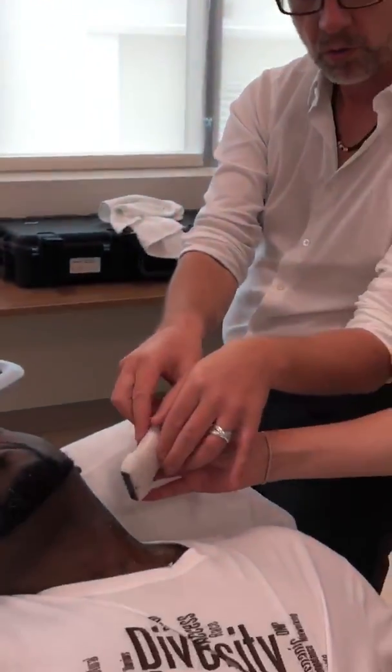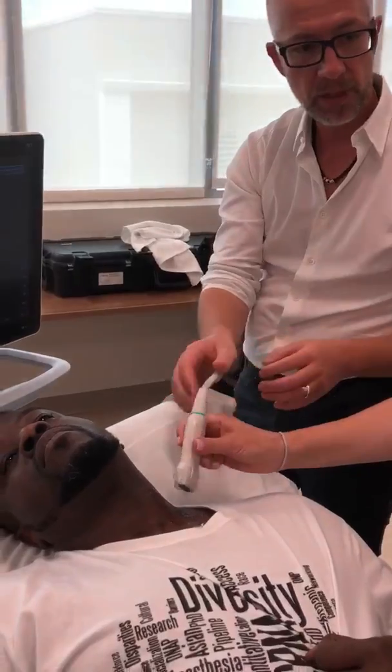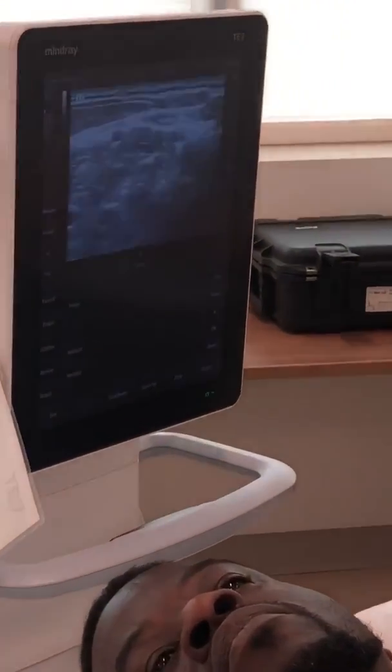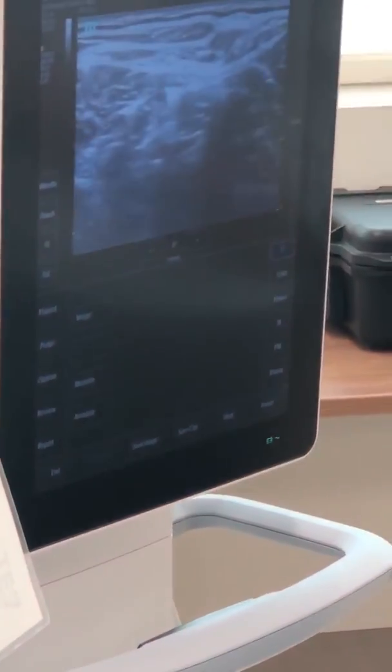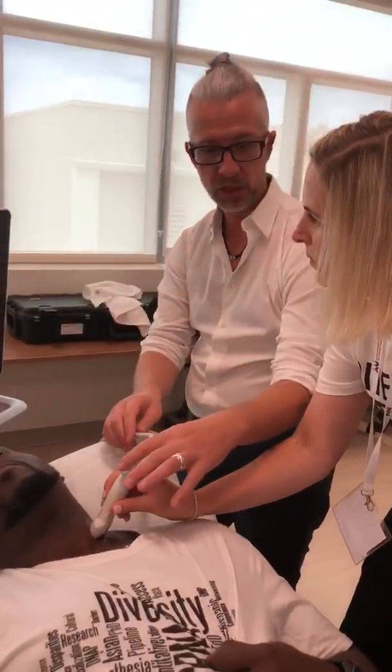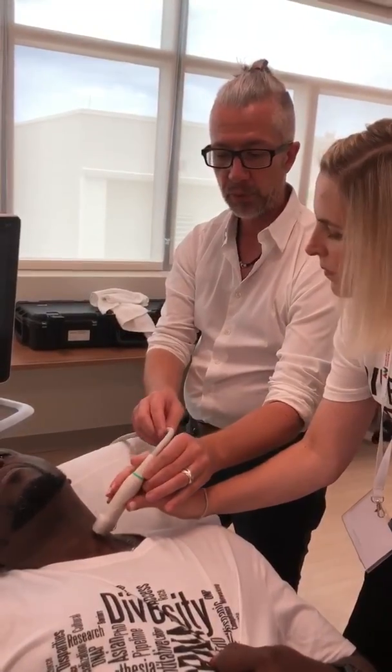Now if you look at your probe, if we do it this way, now look at the same image. It's going to look flipped. See how things are now flipped? So the orientation of the probe is that the probe marker now represents medial. If we do it this way, that probe marker now is lateral. So we've just